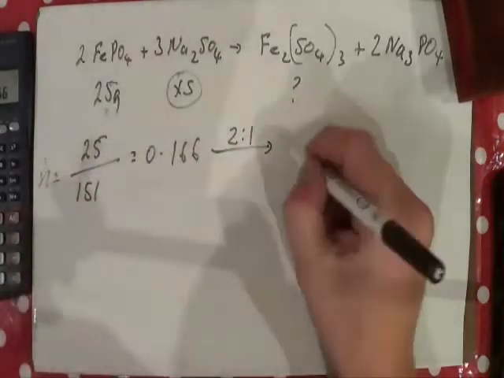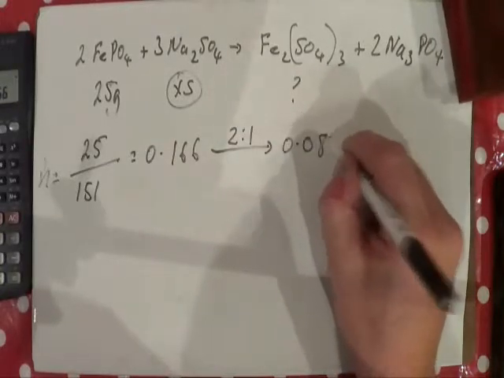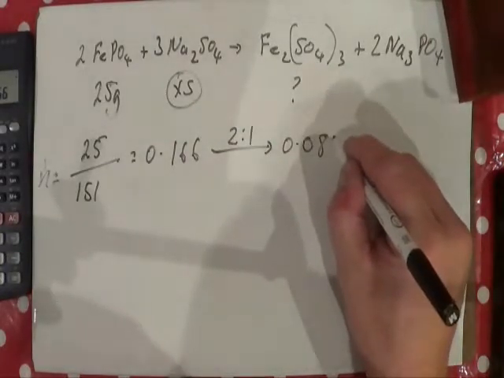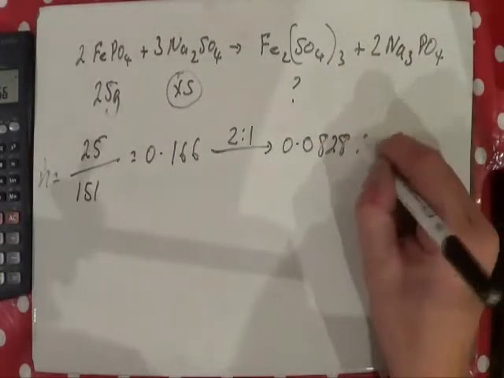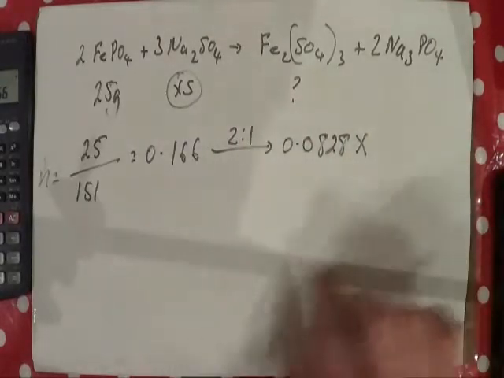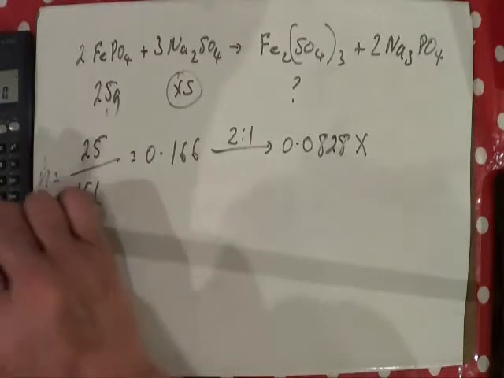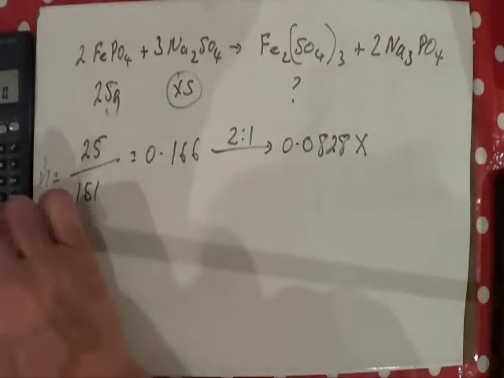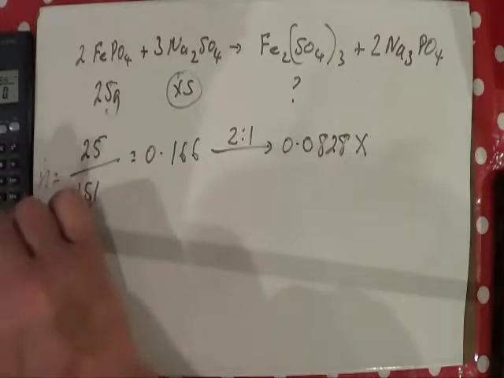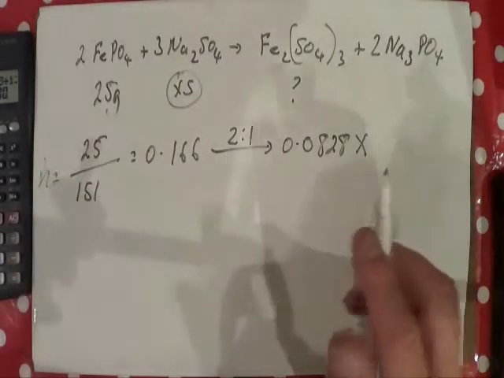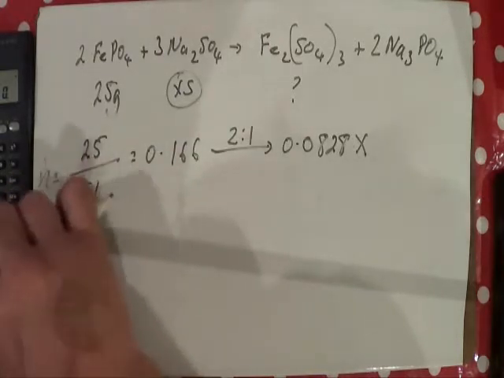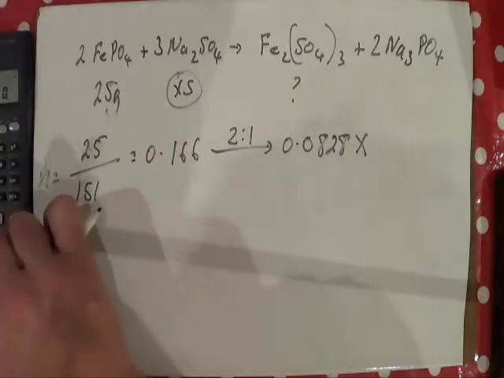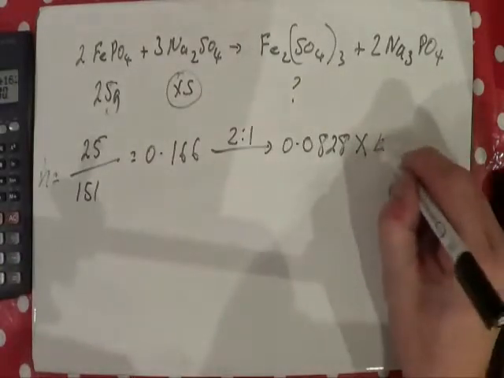So if we divide that by 2, we get the number of moles of that we should get, which is 0.828. And if we multiply that then by the RFM of this substance here, which is 56 plus